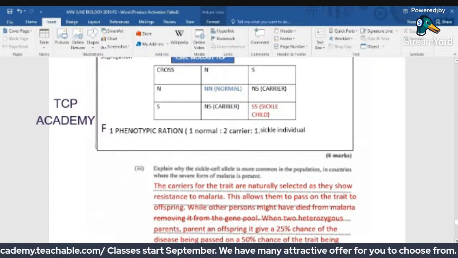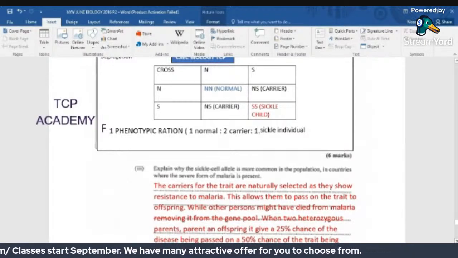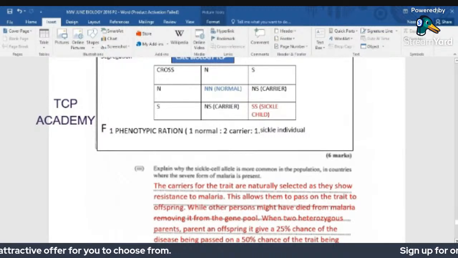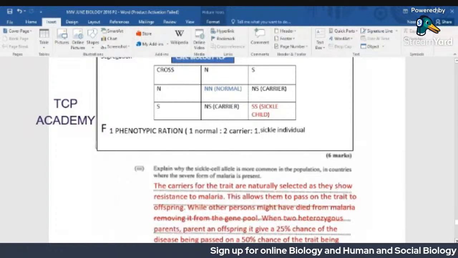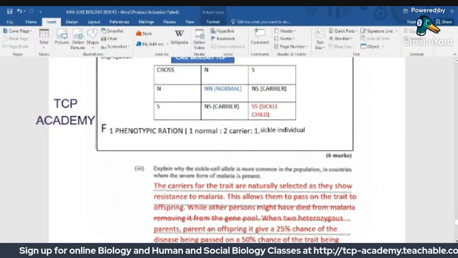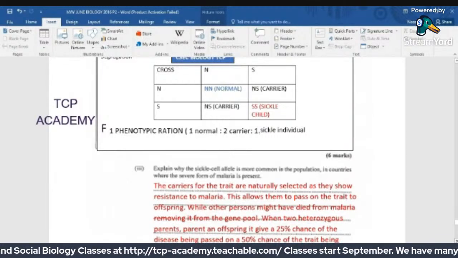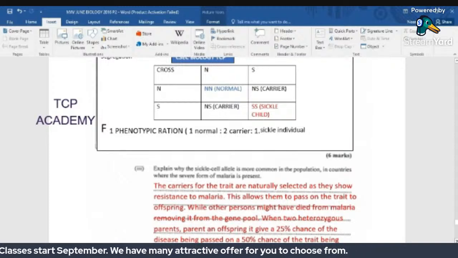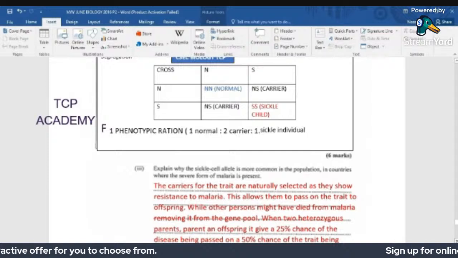And that's a 50% chance of passing it on for you to be another carrier. While other persons might have died from malaria, removing it from the gene pool, when two heterozygous parents have an offspring, it gives a 25% chance of the disease being passed on and a 50% chance of the trait being passed on, which allows sickle cell to be common in areas with malaria, as the trait is persistent